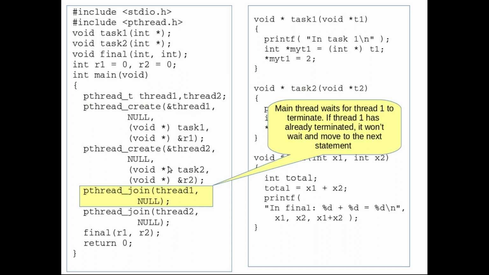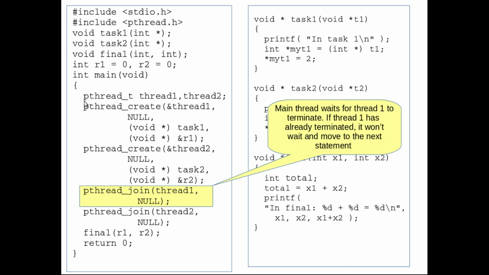And now after the two threads are created, at this point we actually have one process running, and in that process we have three threads. One is the main thread plus the two newly created threads, thread1 and thread2.